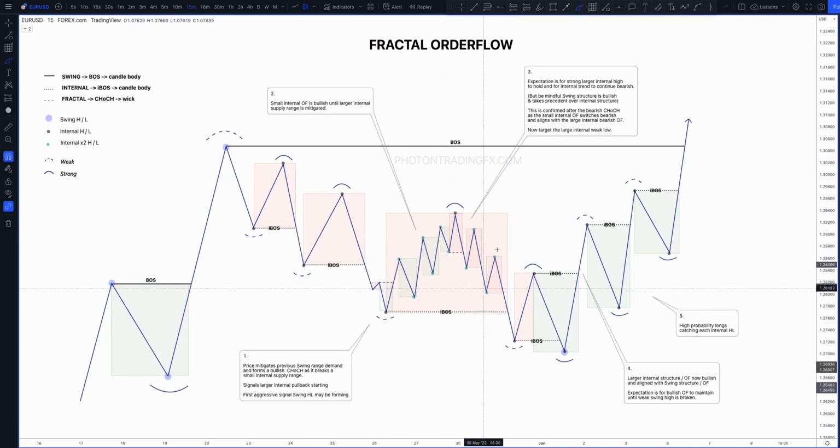So yeah, I'll leave that there in terms of a bit of theory. We'll now just hop on the charts and quickly practice mapping some order flow. And in the next lesson, we'll go through some slightly more advanced concepts. But as always, please take your time, watch this lesson as many times